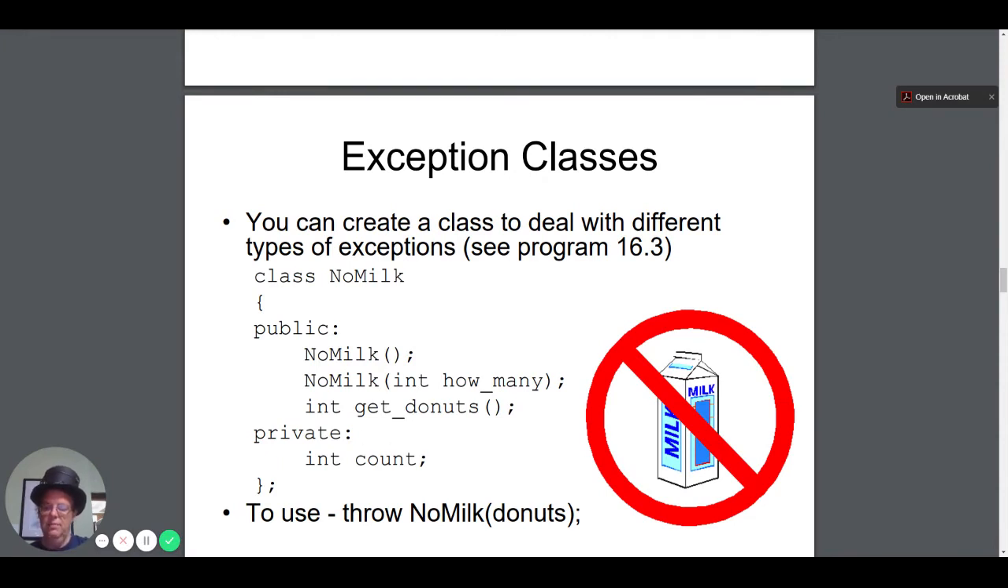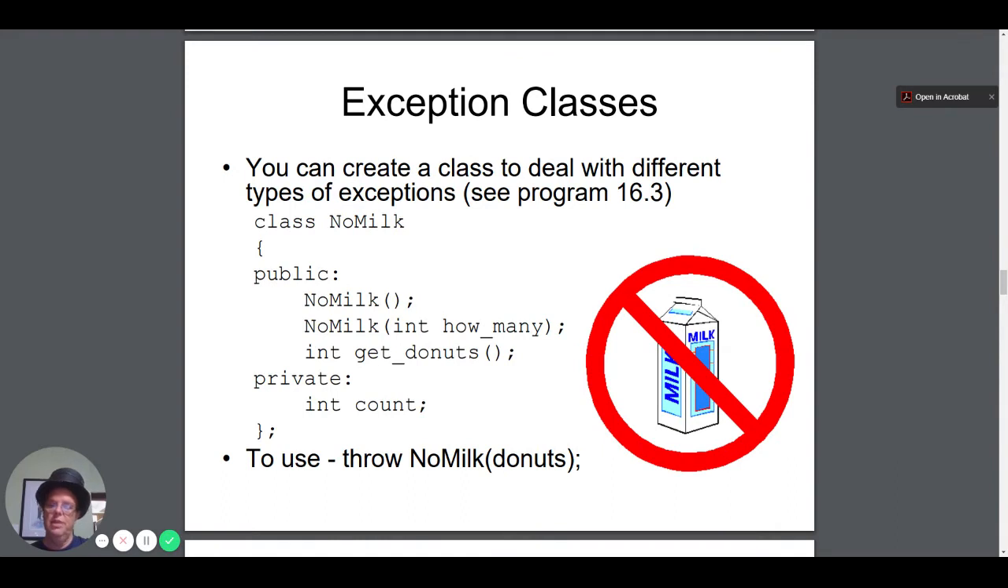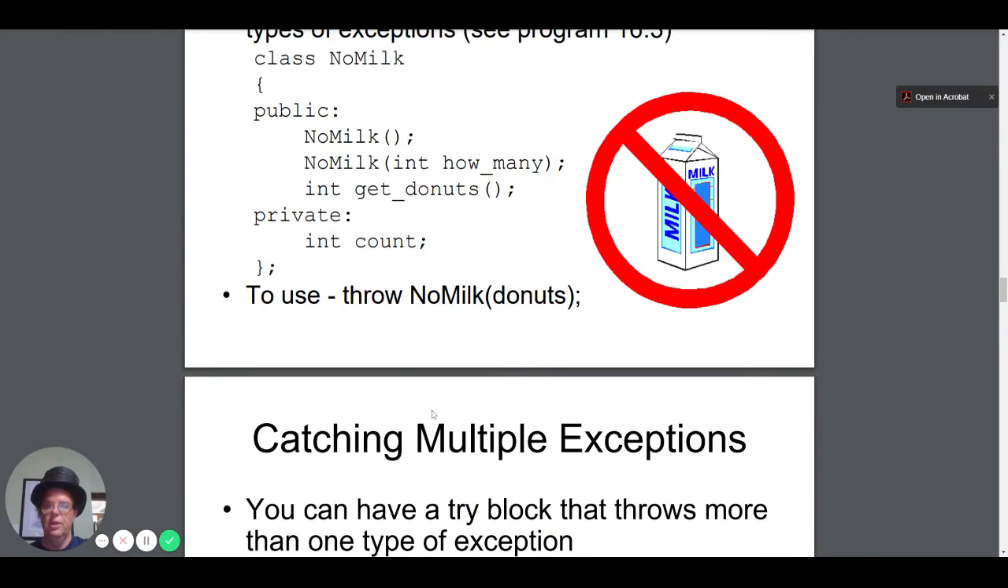The private information or the attributes for it are the count, and that tells how many donuts there are. And then basically we can use this like any other value that we throw, and we can throw no milk and send it the donuts as a constructor, and that gives us the additional information. An exception class could be more complicated, and there could be more information that would help somebody debug that in